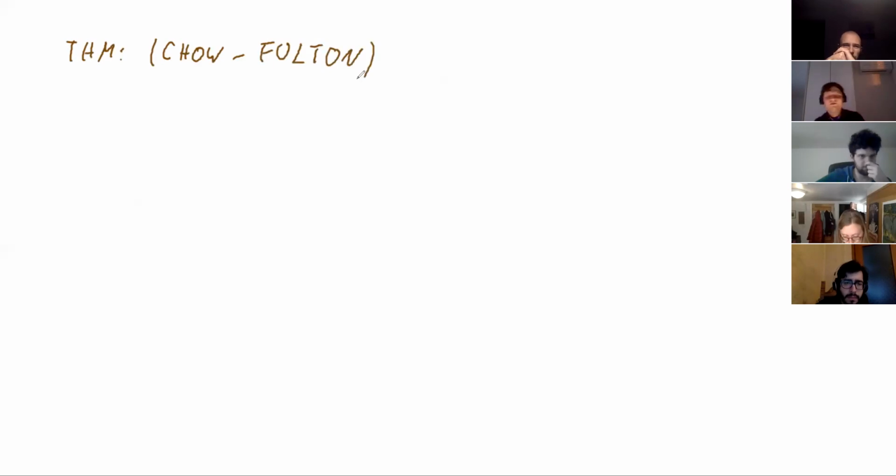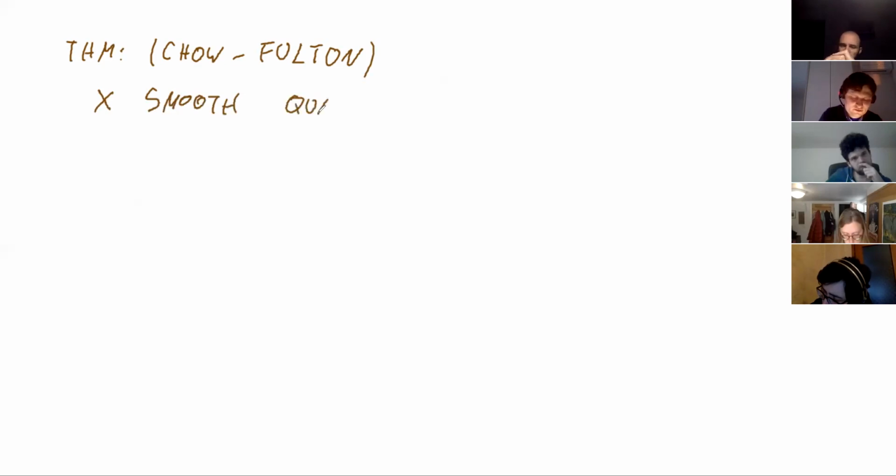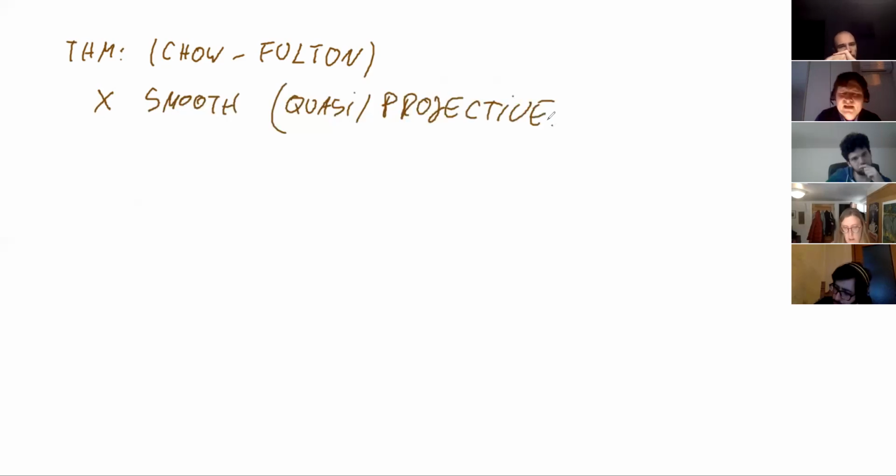So now a theorem, which was for, I think, 100 years attributed to Chow, but then people realized that the proof is not complete and actually referred to Fulton. So the assumption is that X is smooth quasi-projective. So smooth is important, but actually we will always work with projective. So quasi, I will put in brackets projective. Then there is a unique product structure